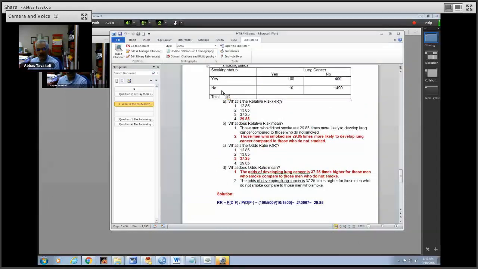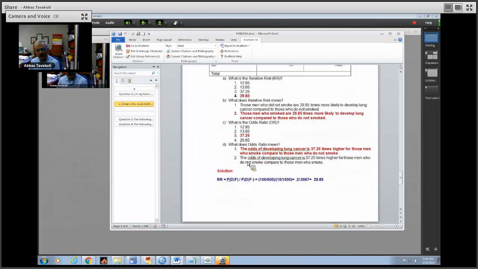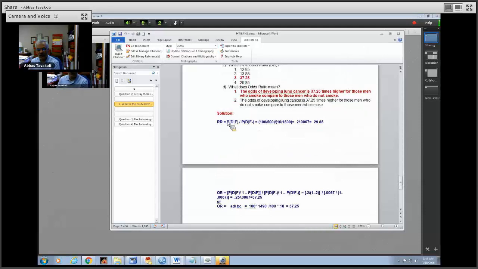Remember, the odds of developing lung cancer are 37.25 times higher for those men who smoke compared to those men who do not smoke. Again, there is a difference from relative risk. From relative risk, you go from factor to disease. Usually you do a longitudinal cohort study to find whether the condition developed or not. However, odds ratio is for case control study or cross-sectional study, where you have the condition and you go back to see if they were